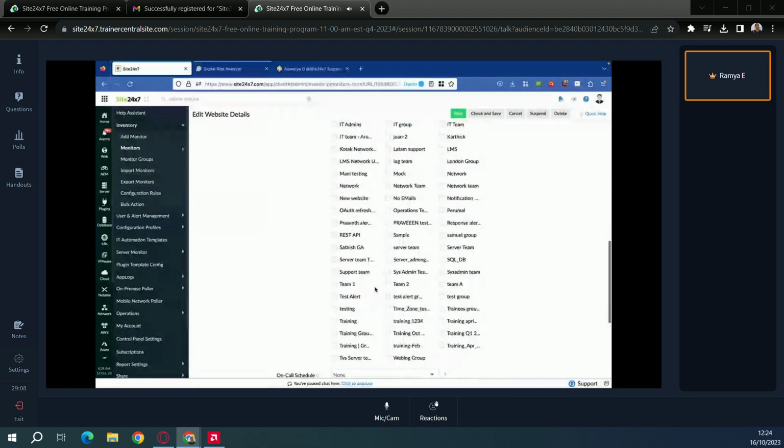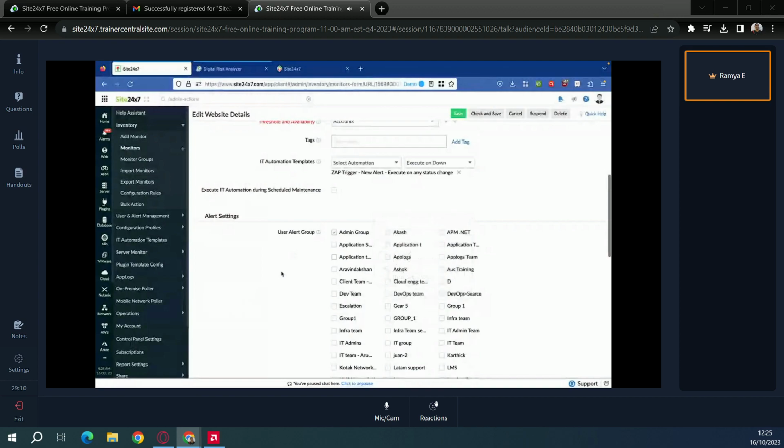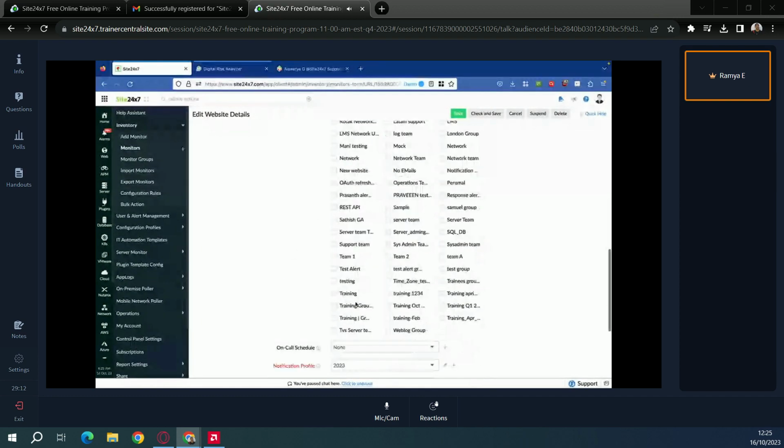In the alert settings, you have the user alert group here. So I created the alert group. So I have the users here. You can verify them. And this is the alert group which I created. I'm just selecting it and then save. And that's it. So according to the attributes I have configured in the attribute alert group, the alerts will be